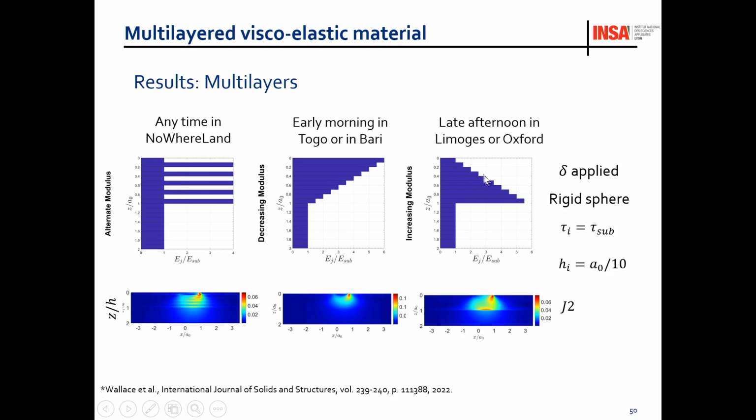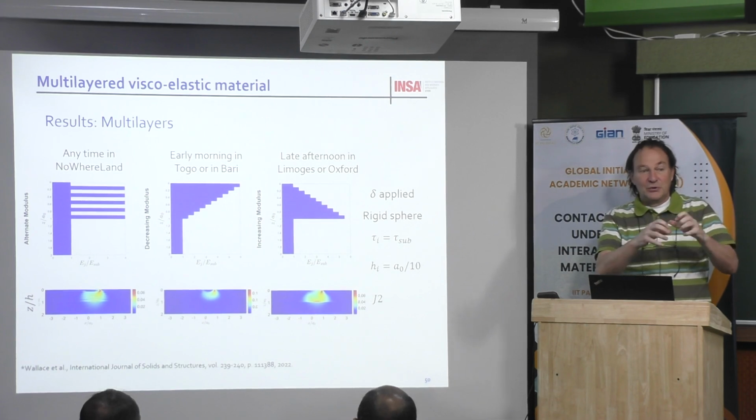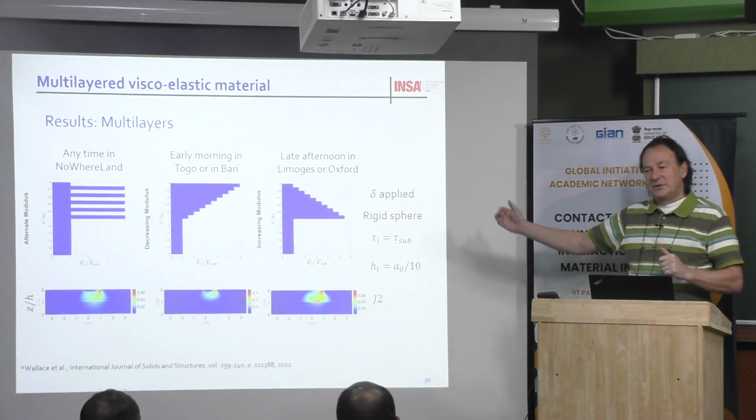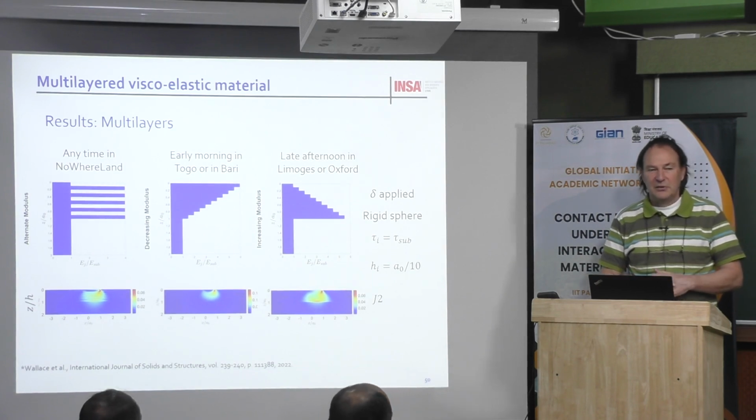But here you can see the interface between the bottom layer and the substrate. This can be very realistic for pavement, because for pavement you have different layers. You have a first layer of a few centimeters. After that you have a second layer, maybe 10 centimeters or more, and after that you have some rocks. Then you have very different properties. This is what I wanted to show you before the break, and I think we are almost on time, even if I started late. If you have any question, I will be happy to respond.